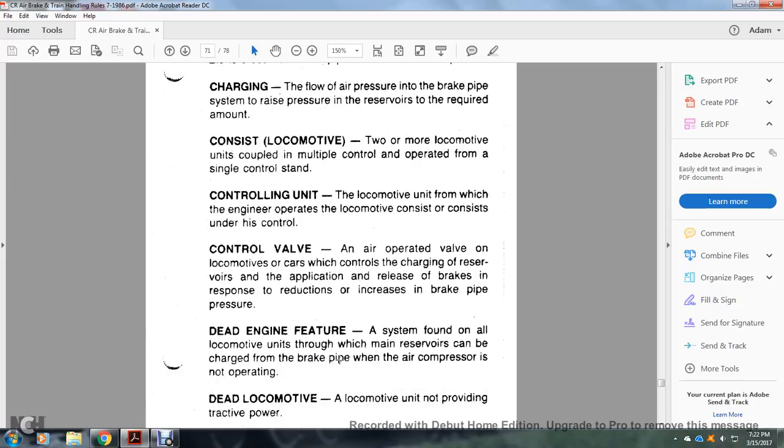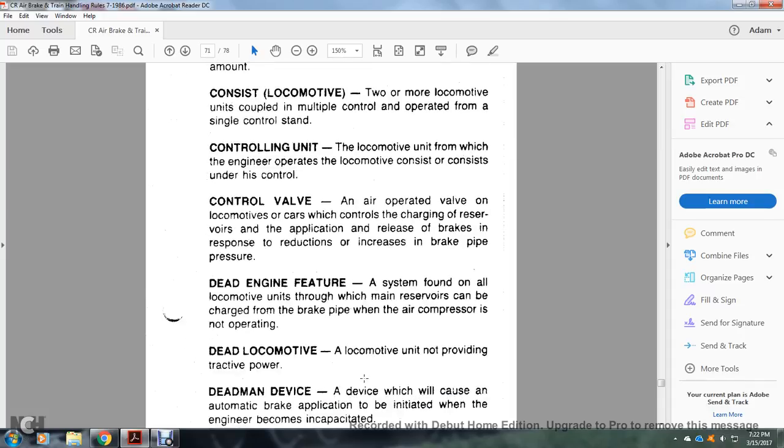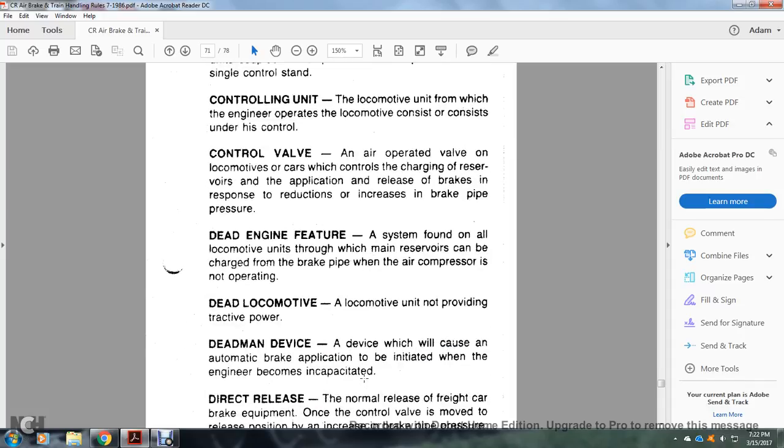pipe pressure. Jet engine feature: a system found on all locomotive units through which the main reserve can be charged with the brake pipe when the air compressor is not operating. Dead locomotive: the locomotive unit is not providing tractive effort. The dead man is a device which will cause an automatic brake application to be initiated